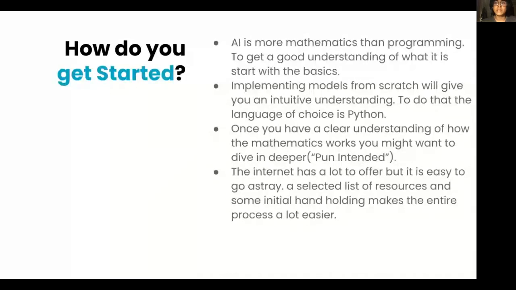And nothing is better than re-implementing models from scratch. And the language of choice is obviously Python. So I highly recommend you learn Python and its libraries, NumPy, SciPy, whatever, and start re-implementing the models which already exist. And once you have a clear understanding of what backpropagation is, what neural networks are, how they work, and so on, you can get into the more interesting stuff, the deep learning part, where you can implement algorithms which have some really interesting outcomes, such as computer vision, natural language processing, and many more.